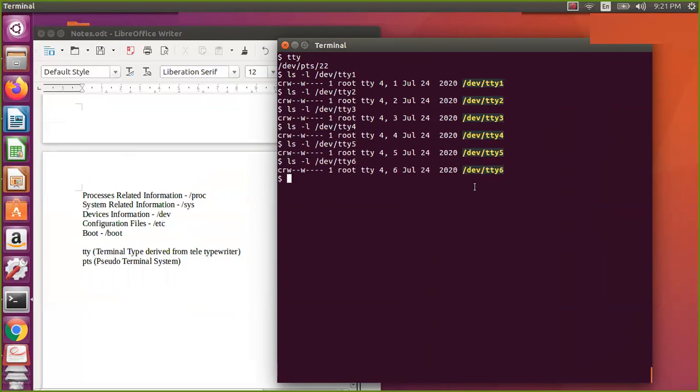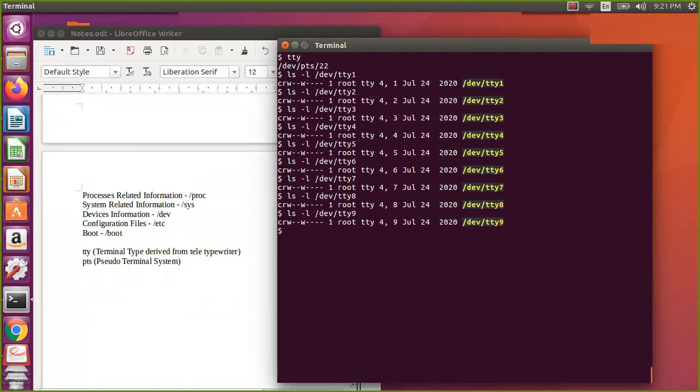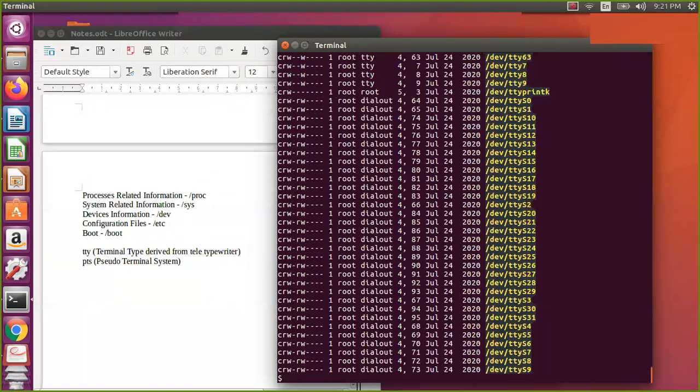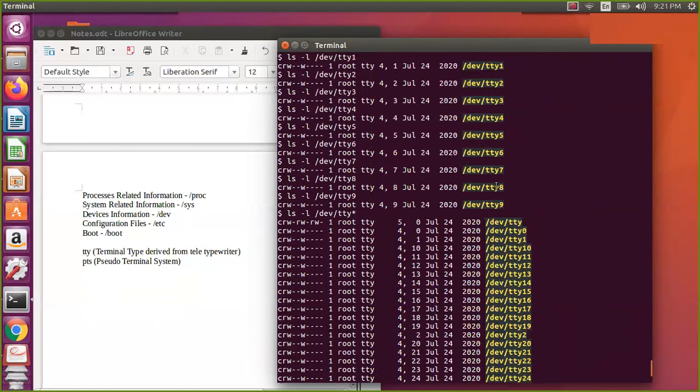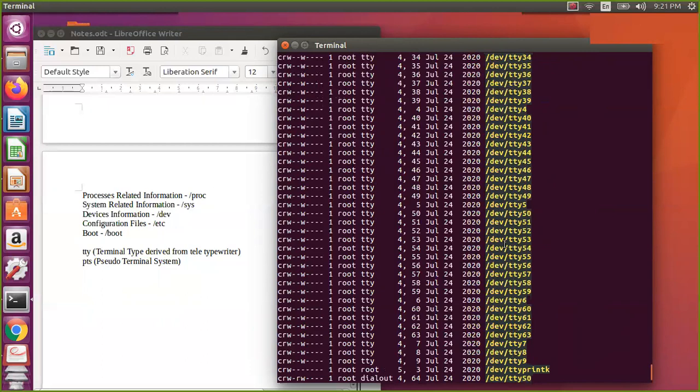You try with 7, it may not be there. Okay, 7 is also there, 8. So how many are there? We can use the star to find that out, we will come to the star a little later. So these are the original terminals you have.